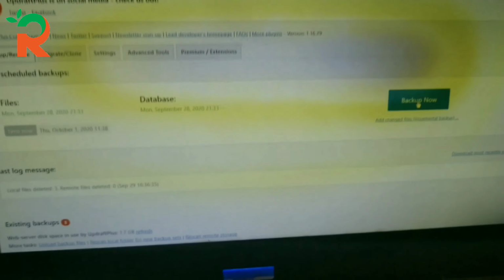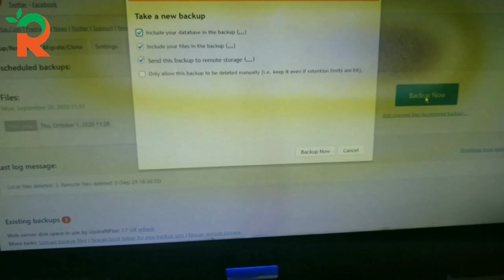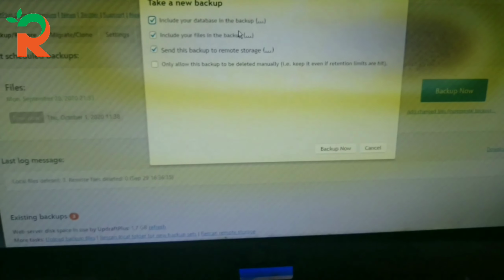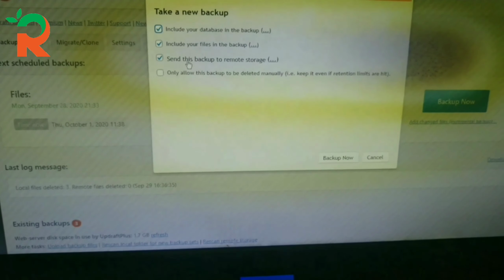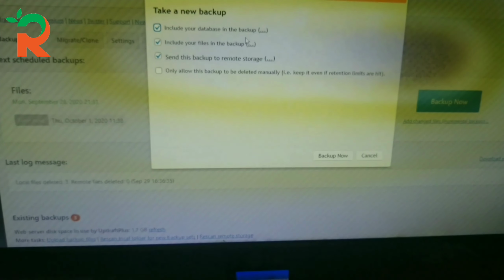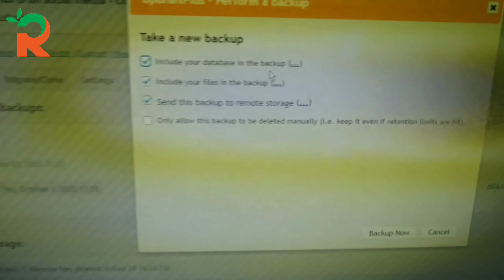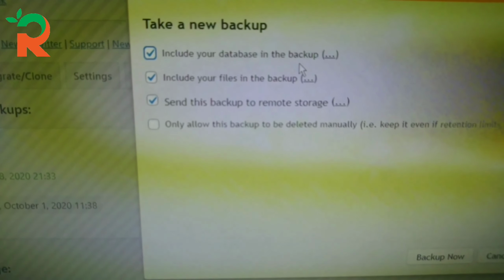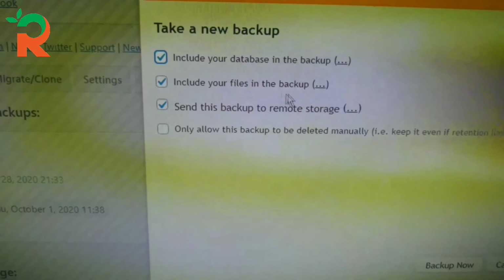and we are going to create a backup right now. So I click on this backup now button. These are the default things that we need to back up. Take a new backup of what? Include your database in the backup, include your files in the backup.